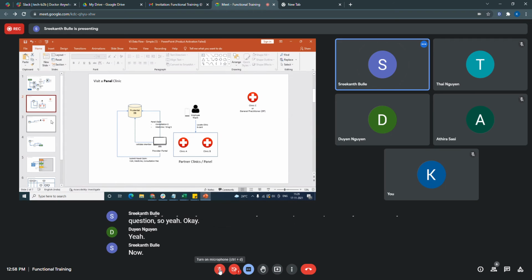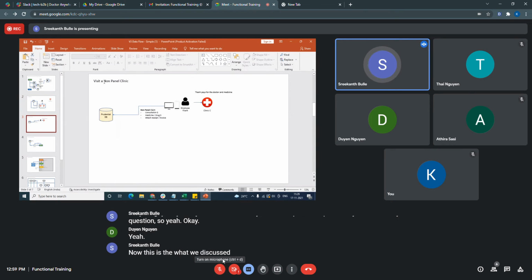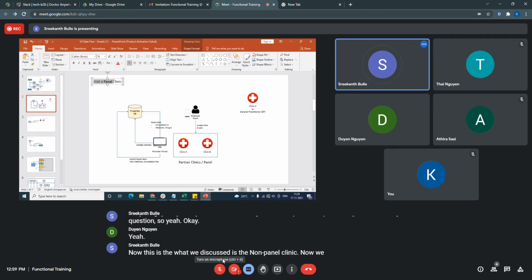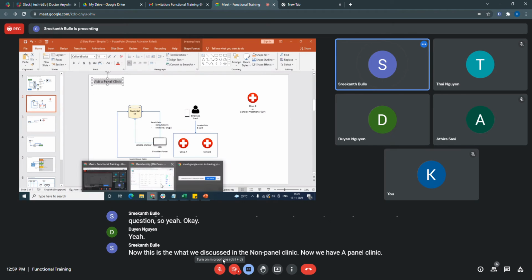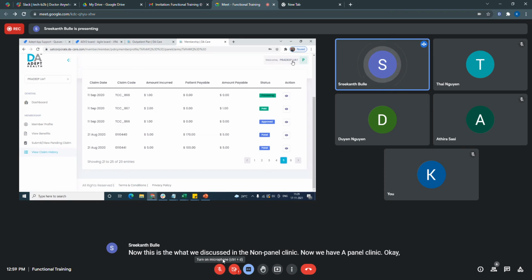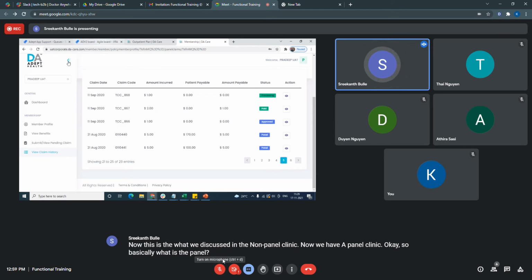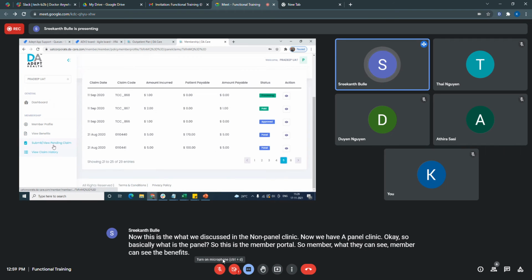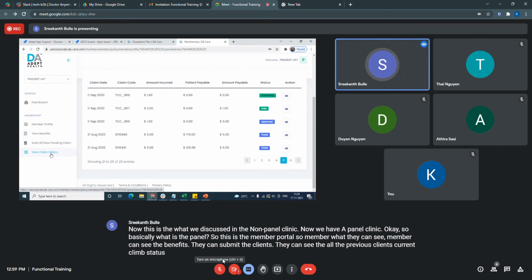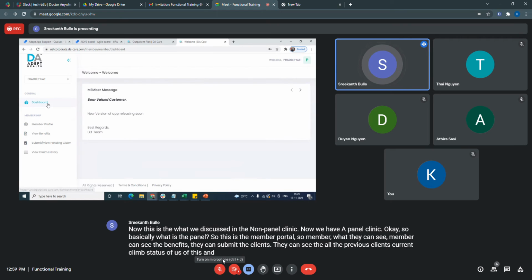Now what we discussed is the non-panel clinic. Now we have a panel clinic. Okay, so basically what is the panel? So this is the member portal. Here the member can see the benefits, they can submit the claims, they can see all the previous claims and current claim status, and if there is anything we want to notify, they can see the broadcast message.